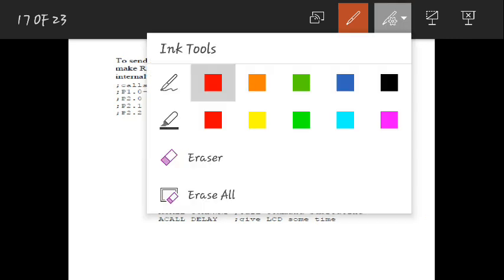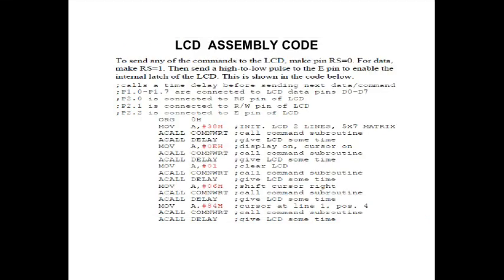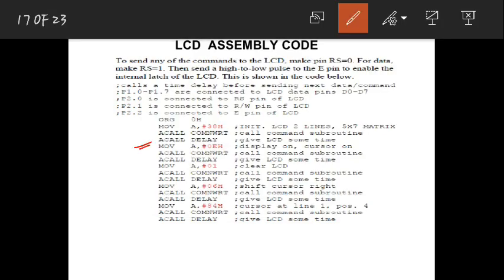Okay, so when it returns back, then a call delay, again you have a call delay. Delay means write a delay program, as I said before. Then it will jump to delay, and after the last line, return, again it will return back to here. After returning here, again you have move 0E, the other command, that is display on. So now that will move into A.